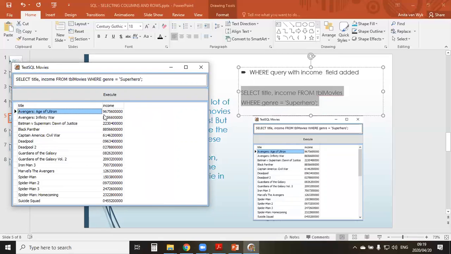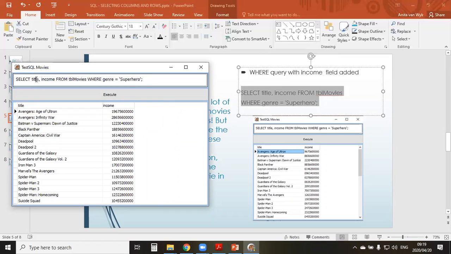And as you can see, Avengers Age of Ultron is an amount, a very, very big amount. There we go. Sure. That is a very nice amount for a movie. Okay. So to recap, we took from 2 fields, title and income, from table movies, where the genre